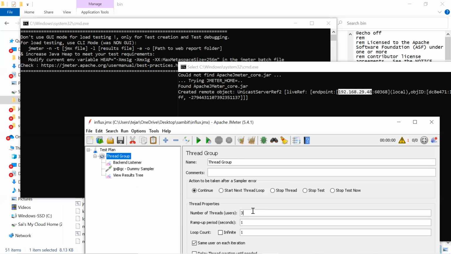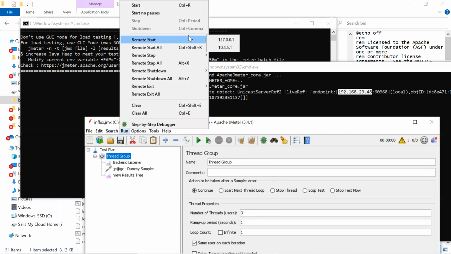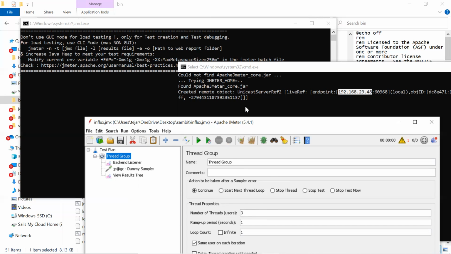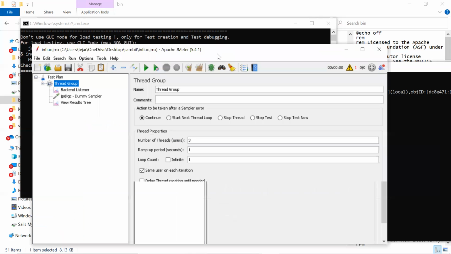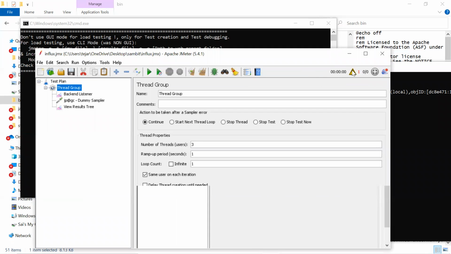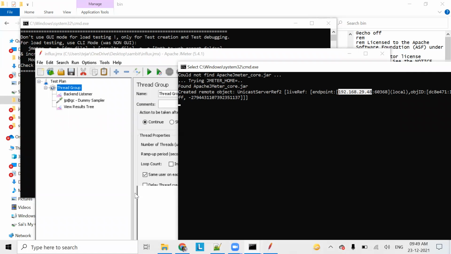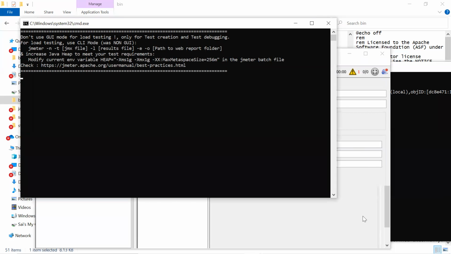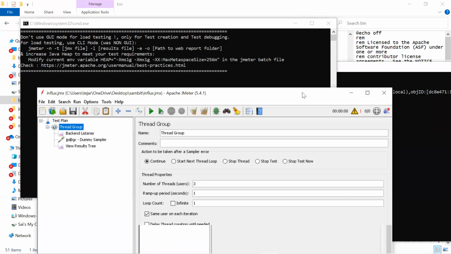Now let's add this IP. I mean local only, and we'll run from here. So instead of clicking on the run button, I will Remote Start on my local IP. Any output? 192.168, no, it's localhost only, 127.0.0.1, same, right? That is localhost.